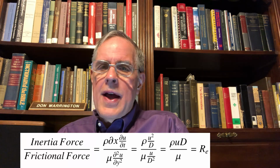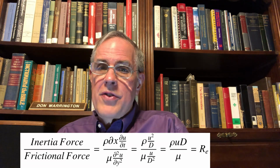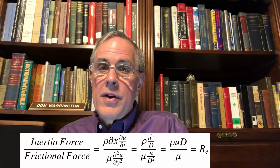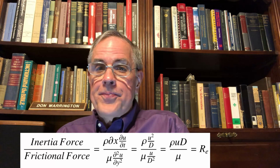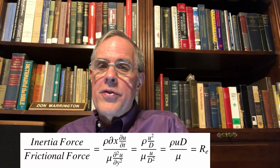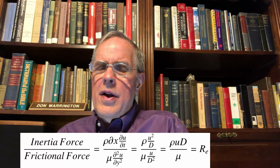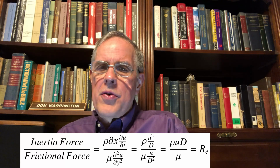So the concept was known to the Wright brothers, even if it wasn't fully fleshed out as it is now, or even later on in the 1920s and 30s. So that's why the Reynolds number is important. Now, if you look at that number carefully, you will realize that in order to take full advantage of it,